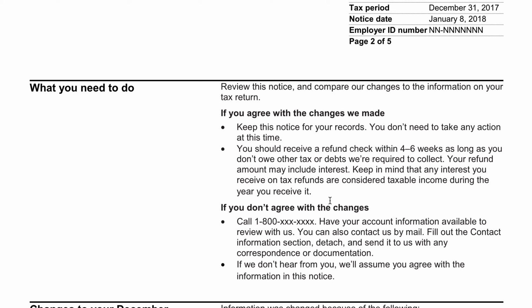If you owed any other taxes or debts, then the IRS may apply your refund to those other taxes or debts. So your refund check might reflect that. If you haven't received your refund within 4 to 6 weeks, you can follow up with the IRS. You can go to the IRS website. There is a Where's My Refund page. You can look up the status of your refund that way, or you can file IRS form